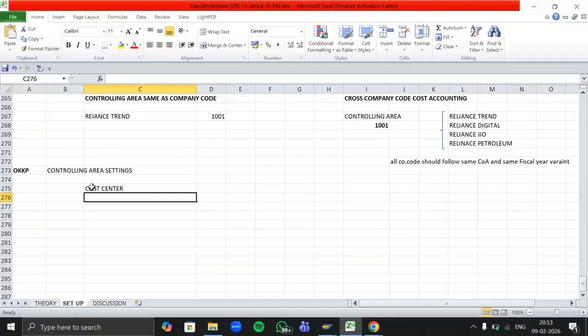So basically, a cost center defines where the costs are happening. Let's say for example, we have HR department, IT department, finance department, production department, administration office, right? In all these departments, the costs are happening. We are making expenses. So here this department is equal to our cost center. We can define a department as our cost center here in SAP.